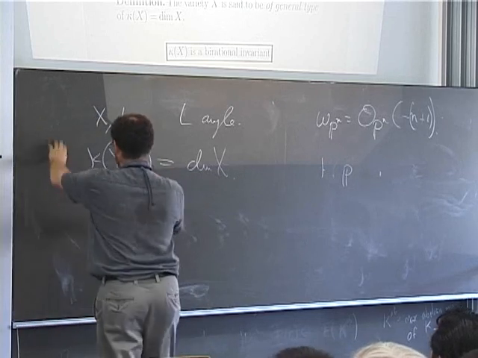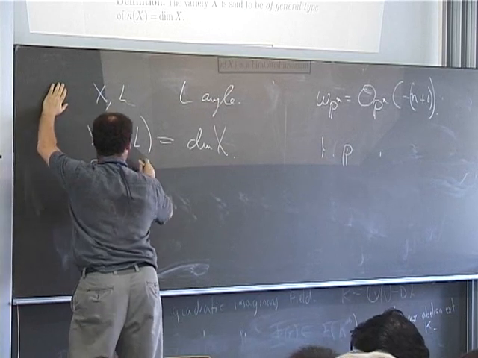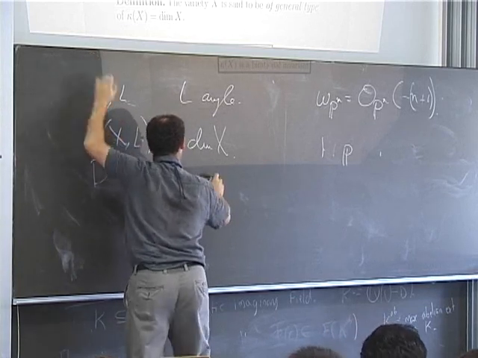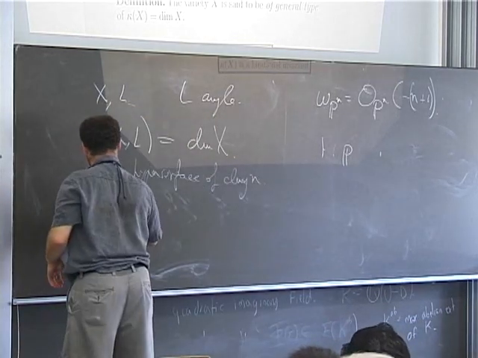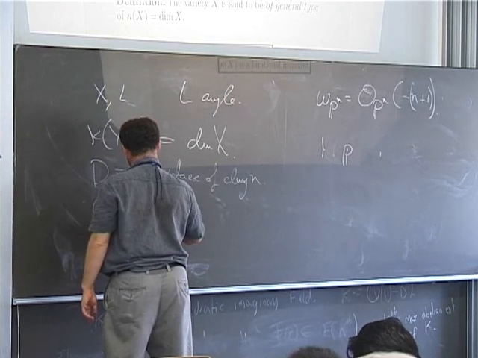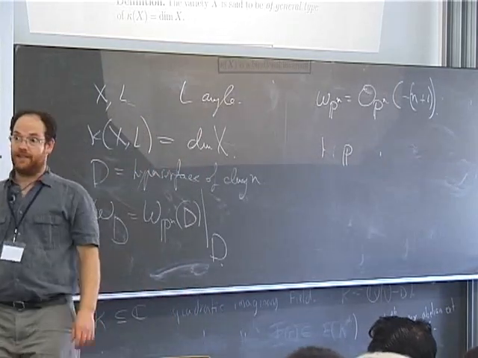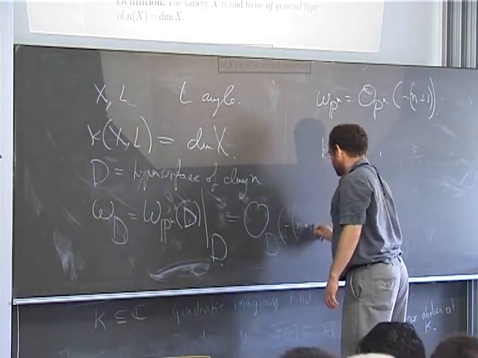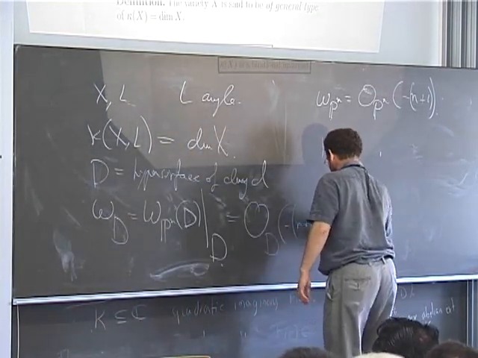If you take a hypersurface D of degree d in Pn, then omega D, well, this is something that is true in general, this is the adjunction formula. It's omega Pn twisted by D restricted to D. So this is OD of minus n plus 1, oh, I shouldn't say n, this is not n, of degree d. Minus n plus 1 plus d.